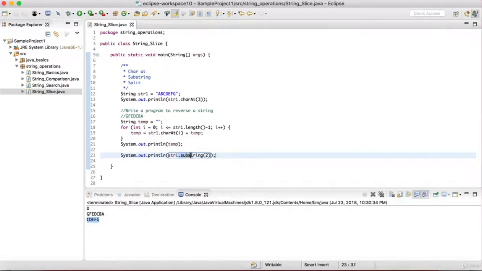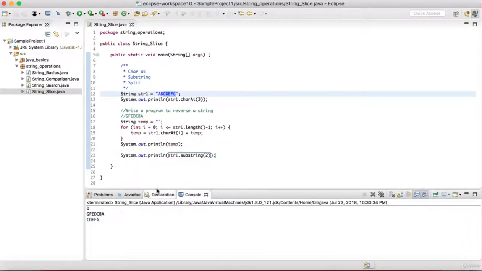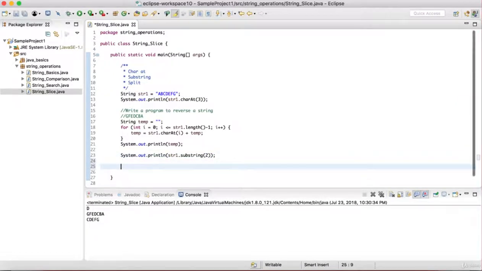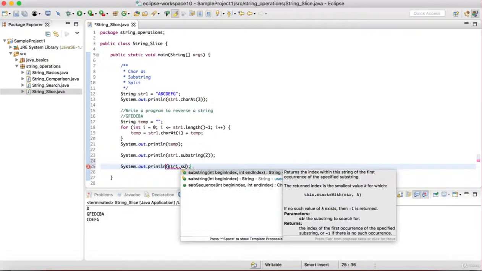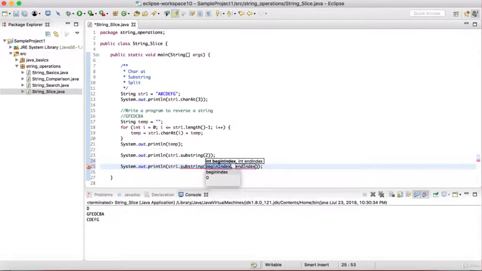So the output will be from C to the end of the string. So in case of substring, whatever index you provide, from that index onwards, whatever is the part left in the string, it will return us. Now substring also has another method,